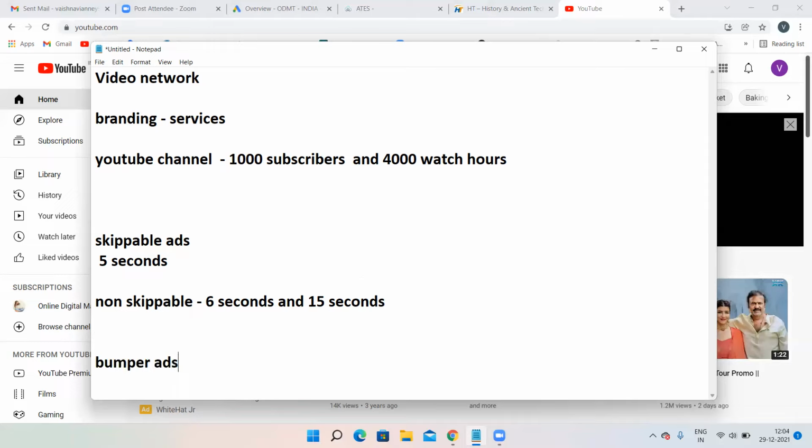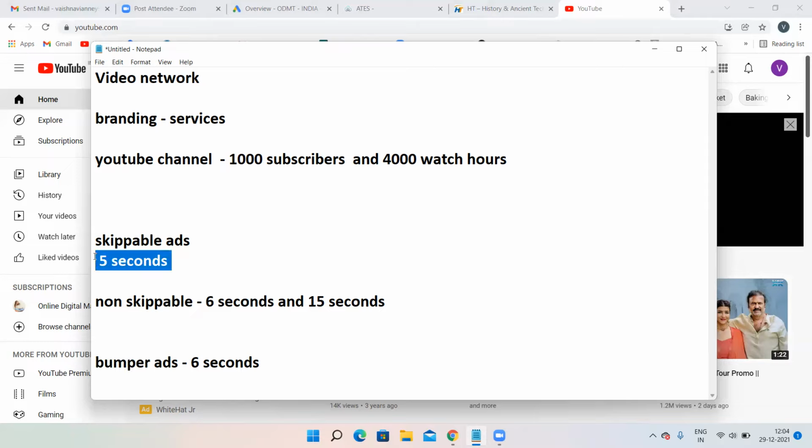You cannot skip these ads. If the ad is only of 6 seconds, how can you skip that particular advertisement? So you cannot skip these 6-second ads or 15-second ads. When you cannot skip any particular ad, that is known as a non-skippable ad. But this 6-second ad has a name called bumper ads. So whenever 6-second ads appear, those ads are known as bumper ads.